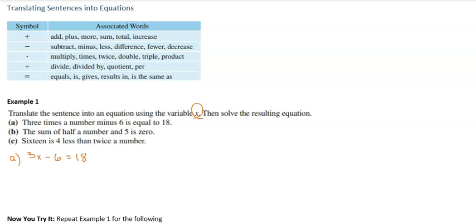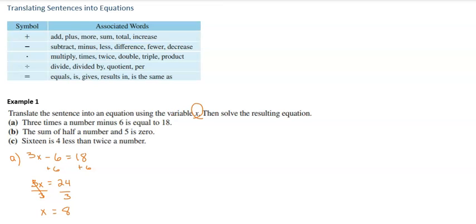All right, so next they want us to solve for x. What is x? So we're going to add 6 to both sides. And we get 3x equals 24. Then we're going to divide both sides by 3. We're going to give ourselves a little more room here. And we get the 3's divide out, and we get x equals 8. All right, the next one,